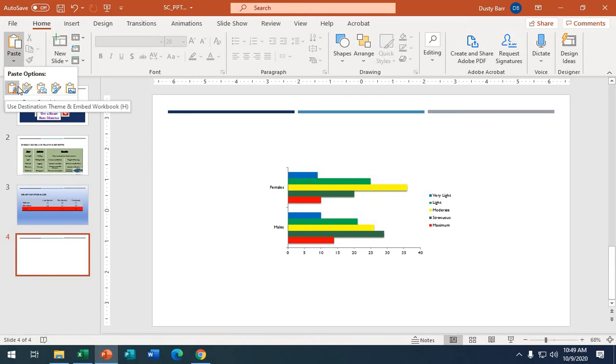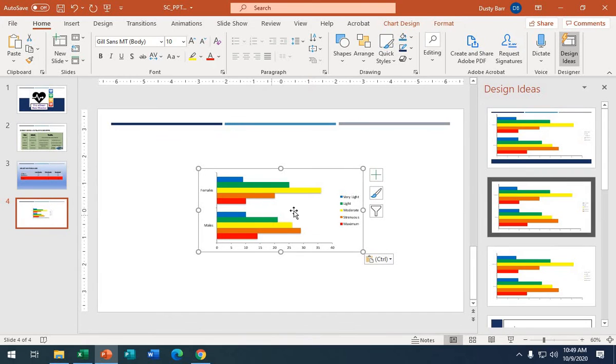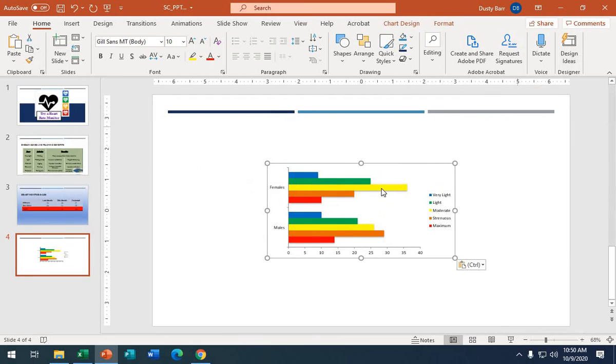The one they want us to select is this one right here that keeps source formatting and link data. So I click on that and it should throw it onto the page. Once I click on that, it should look like this, which again is probably a little bit small,